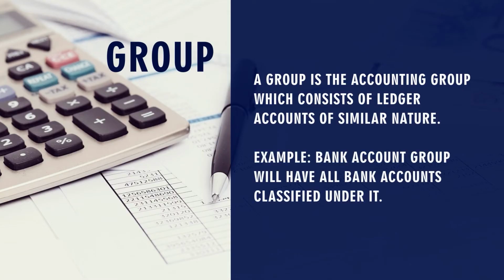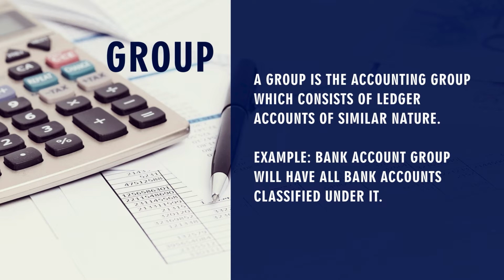For example, if there are 3 bank accounts with the organization, suppose PNB bank account, State Bank bank account and Bank of Baroda bank account. Now all these 3 ledgers will be made separately, as you know, in the books of account, and these 3 bank accounts will come under the group bank accounts because these 3 are the bank accounts which the company maintained